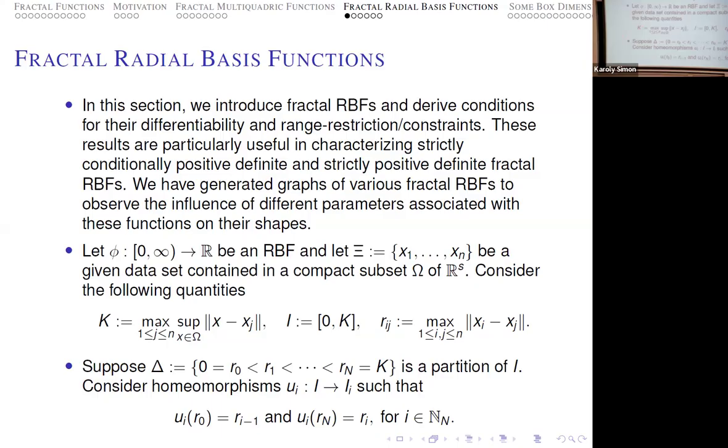One has to compute what is the k, the maximum value, the supremum of the norm of x minus x_a. So you have to find this value. Based on this k, you now construct the fractal radial basis function over 0 to k. First we construct small phi(r) equal to the square root of r squared plus c squared. You take a partition on the right hand side, then you replicate the partition to the left hand side,